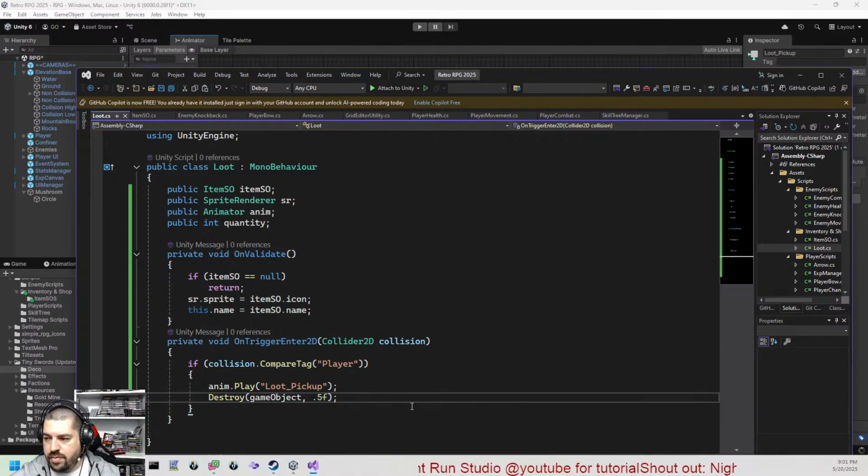And just before we test, make sure to click on the player and just double check that you are in fact tagged as player, otherwise the item won't know when a player's collecting it. Now when we get in the game, the mushroom starts off idle, but when we collect it,